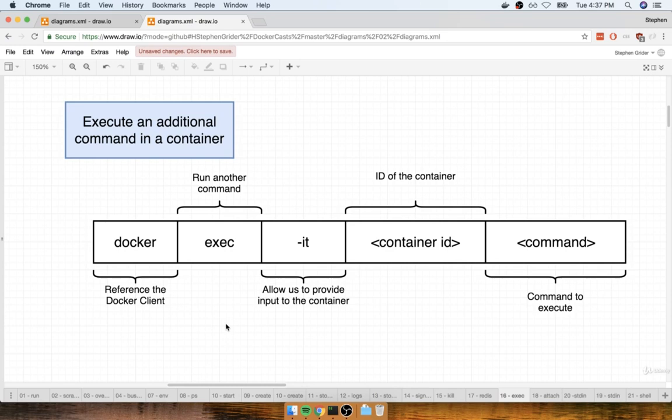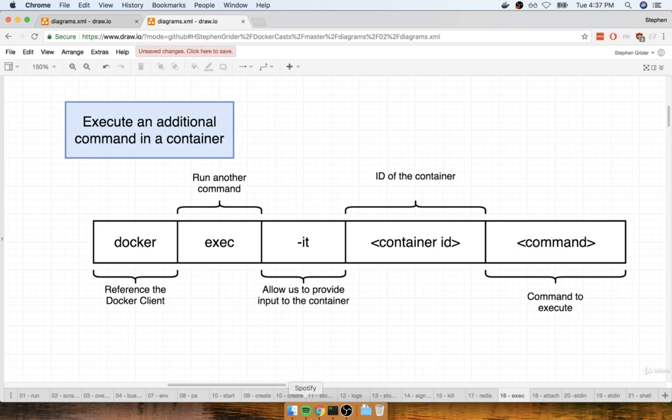A very common thing that you're going to want to do when you are using Docker is to get shell access or terminal access to your running container. In other words, you are going to want to run commands inside of your container without having to rerun docker exec again and again all day. So in this section, I'm going to show you how you can open up a shell or a terminal in the context of your running container.